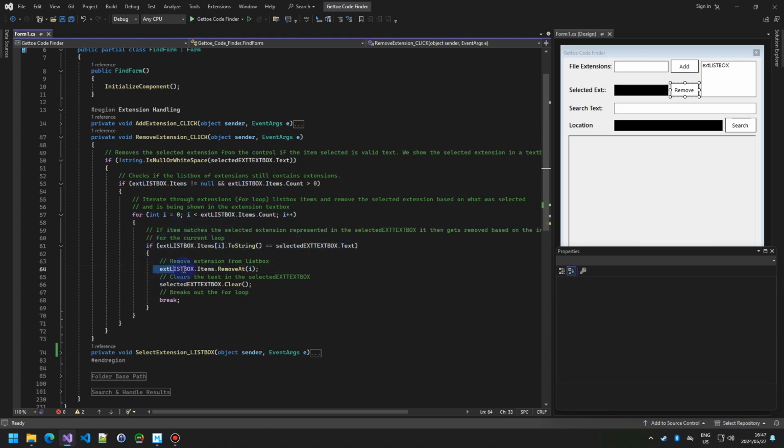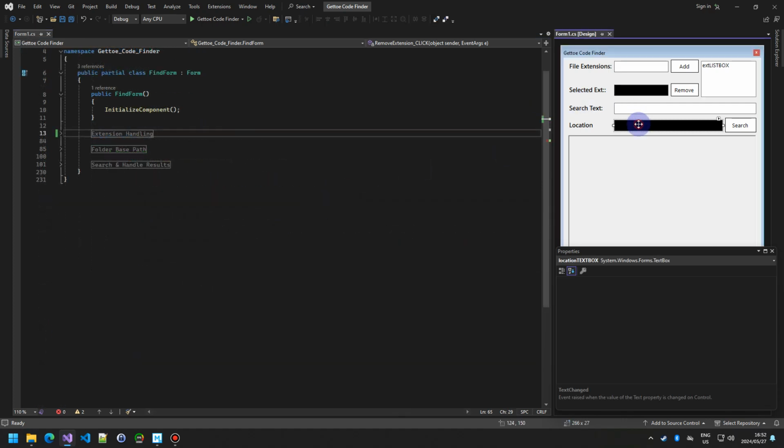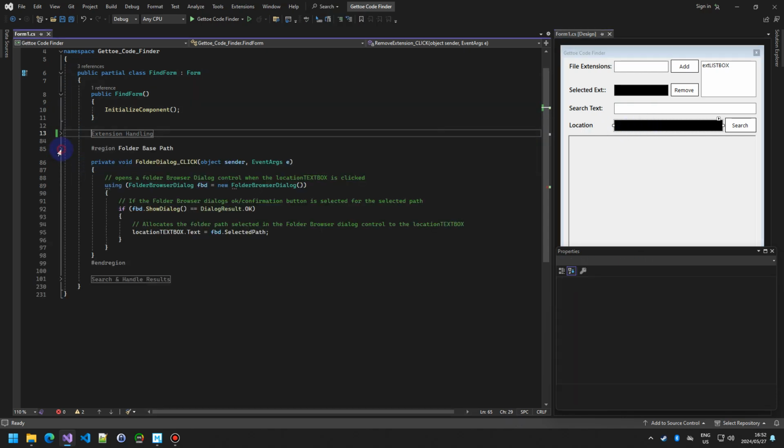If there is a match, the code then removes the list box item, clears the selected extension's text box, and breaks out of the for loop. We then have the location text box. When clicking the location text box, we initialize a new folder browser dialog control and show the dialog control. From there, we wait to check when the folder browser dialog control select folder button is selected, which results in